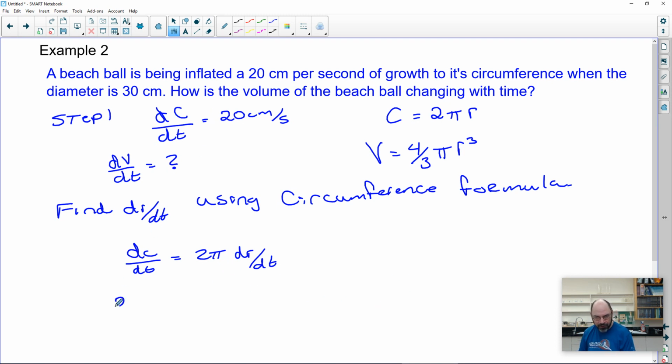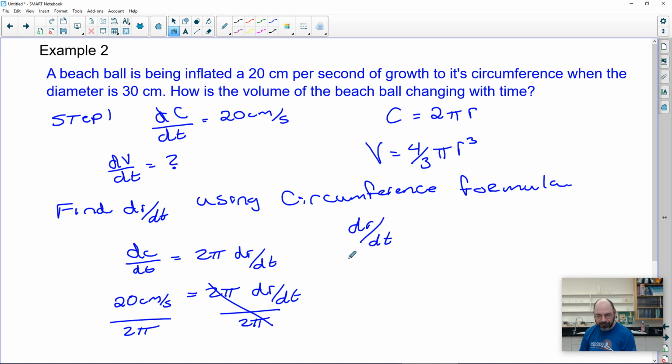So let's plug in our value. 20 centimeters a second equals 2π dr/dt. So divide both sides by 2π. So dr/dt is 10 over π centimeters a second, which we'll round to a decimal. So let's go 20 divided by 2π, and we get 3.18. I'll just round to 2 decimal places so that it's a little more accurate. 3.18. And the units don't change because there's no unit here to cancel out on the bottom,